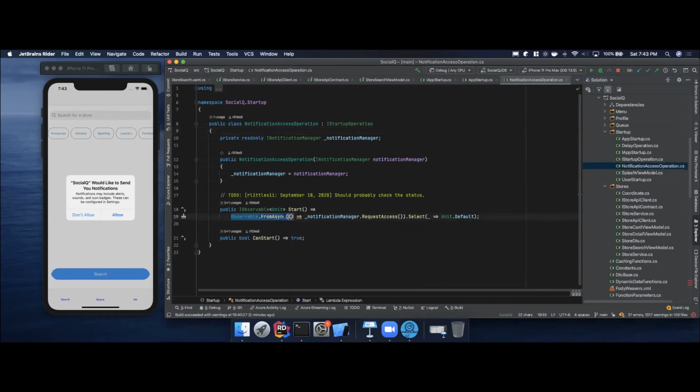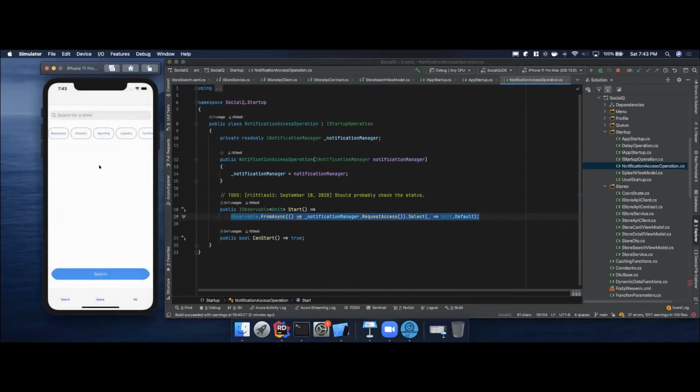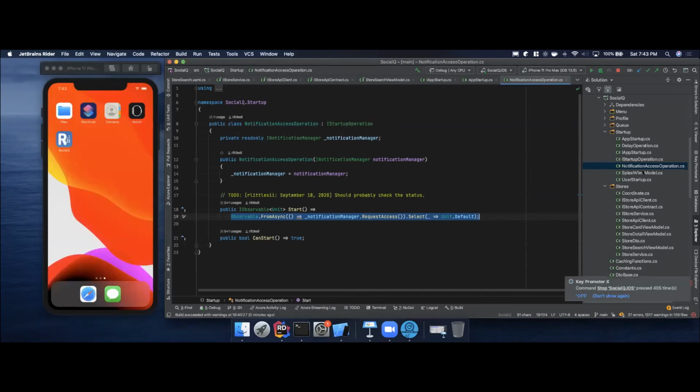Glenn earlier pointed out the ToObservable extension method, which, more or less, is really just wrapping that thing in an Observable.FromAsync. In this project, I elected to go with the more verbose route so that people could see how to interact with this operator and start to understand how some of these functions work. If you're familiar with RxJS, it actually uses more of this syntax rather than the fluent syntax, so you have to pass in all of your functions as opposed to using them as extension methods. But I'm going to turn this off and go in here,